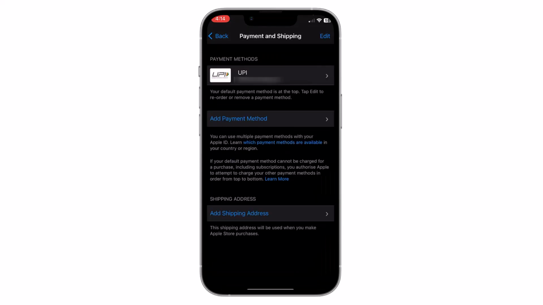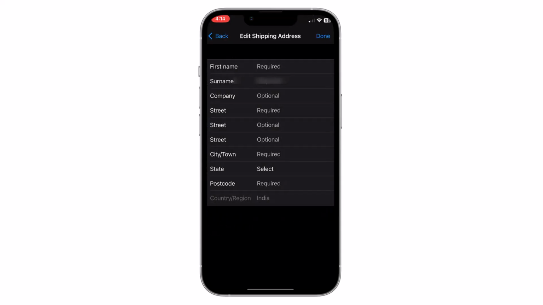Now your payment method is added. You can add multiple payment methods in your Apple ID. You can also add shipping address here by clicking here, and you can add the details and then click on